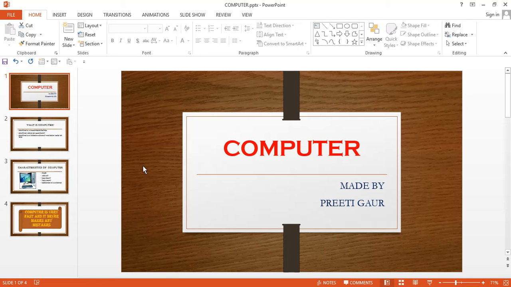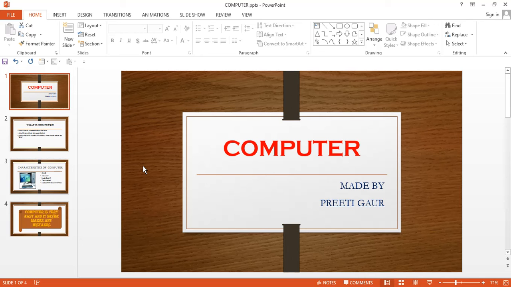So if I go to the File menu and take the New option, I would have to create a new presentation, and I don't want to do that. So in MS PowerPoint we have one more option. By using that option you can apply a design to your slides. It means you can give a different type of slide design to your presentation.